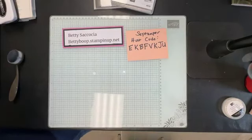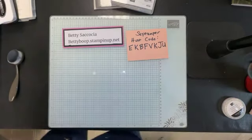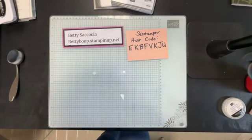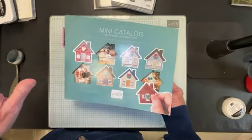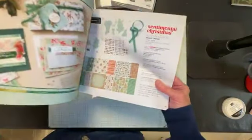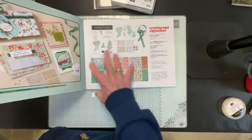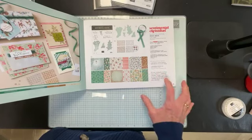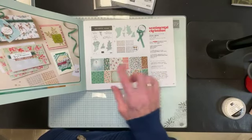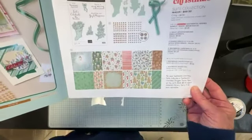So what I'm playing with today really are a couple of things that I haven't played with and definitely not shared with you yet. So let me pull forward some of the new stuff. I shouldn't say every catalog. For the time being, Stampin' Up! with every catalog is having a product that they are calling their give back product, which means that for every product purchased, a certain percentage will go towards a charity. So this year, and in this catalog, it is the Sentimental Christmas,